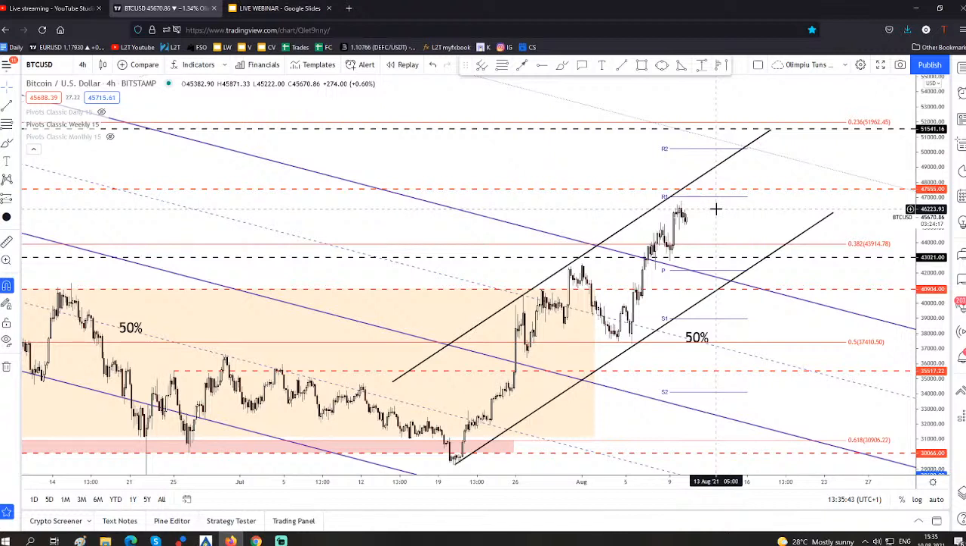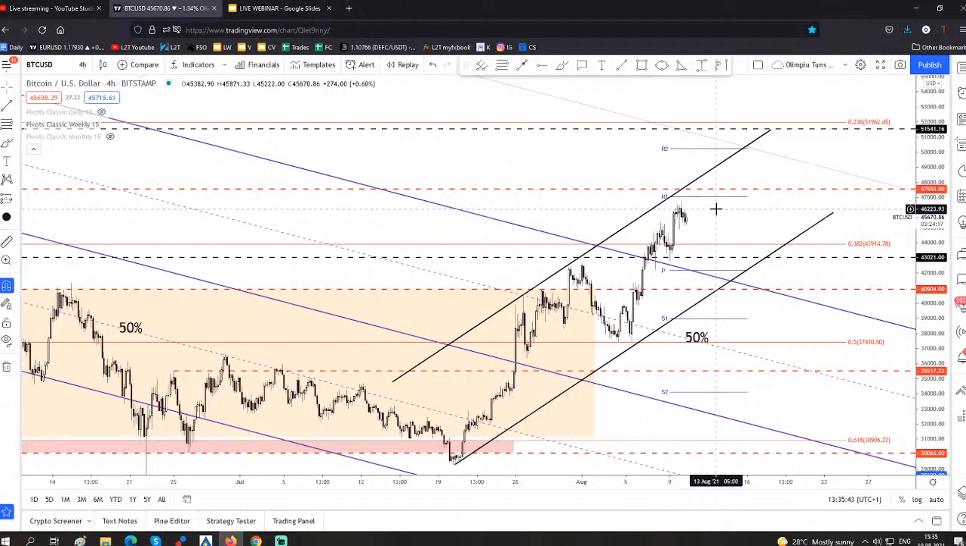Ethereum. Ethereum, guys, it's bullish only because the price of Bitcoin is bullish as well. The price of Ethereum has escaped from this range as well. Breakout,